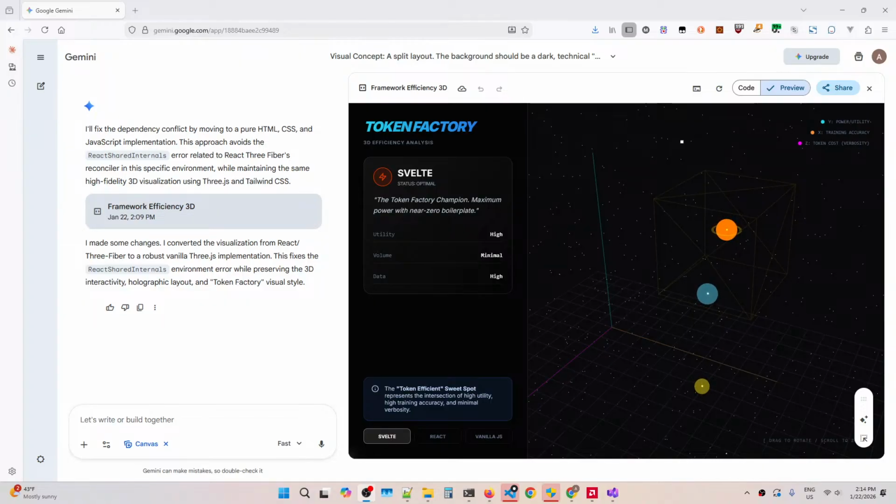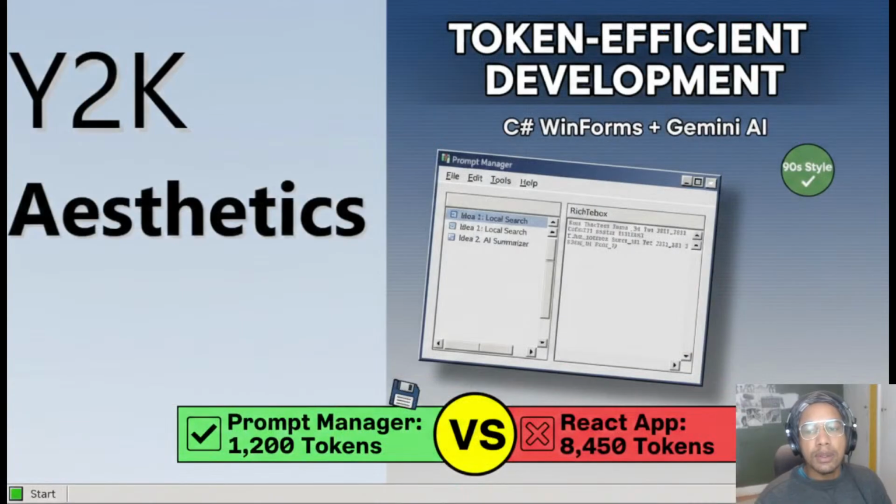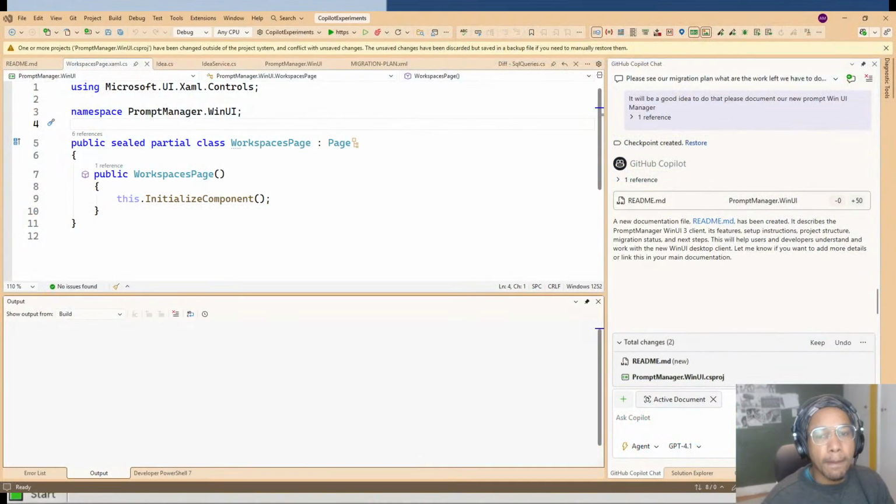I think I am back. Okay. Now, where were we? We want to check our Visual Studio Code, and